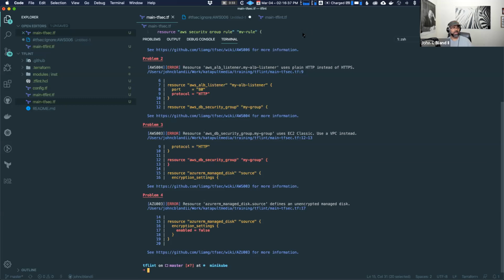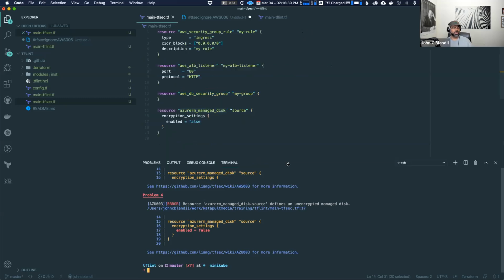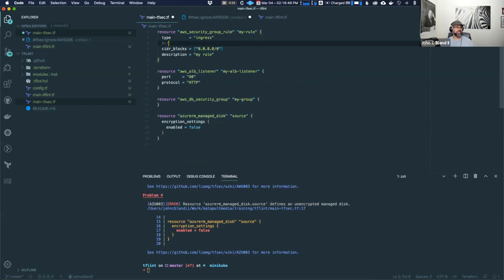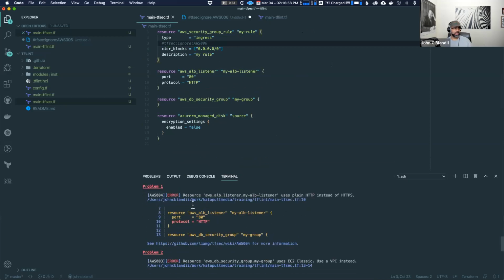But there are times where you actually need something, like if it's a web server, you need to utilize this open CIDR block. So it has syntax where you can tell it to ignore one or more of these, and you can see it is missing that one now. Same thing with utilizing HTTPS.